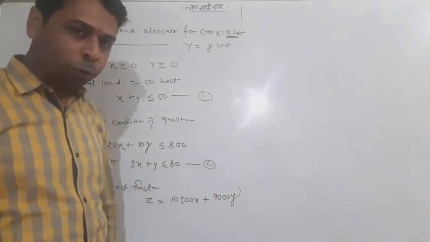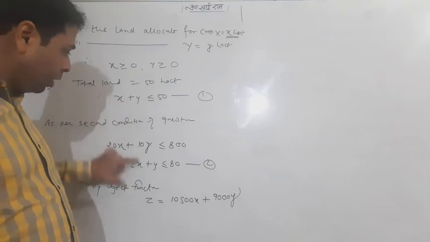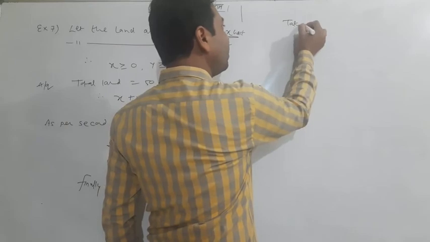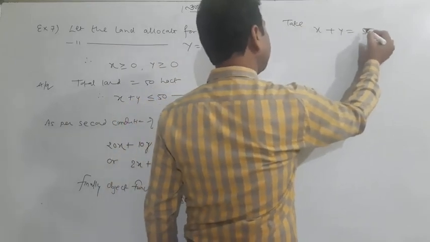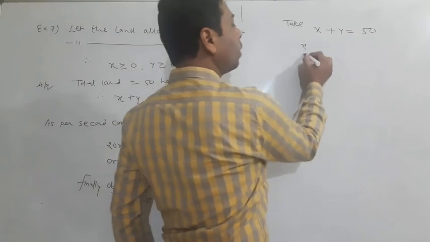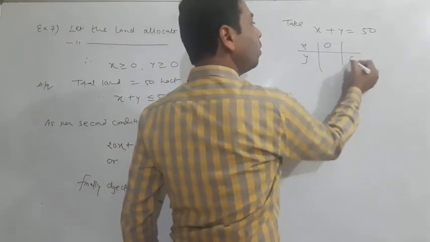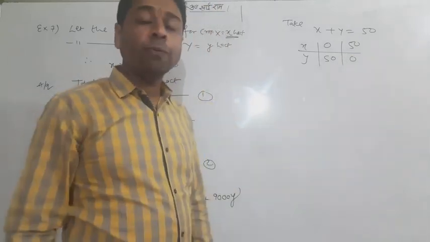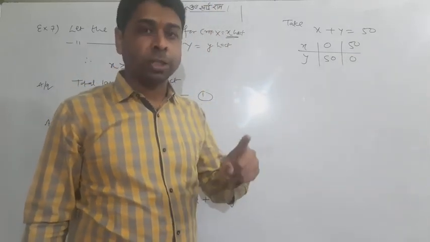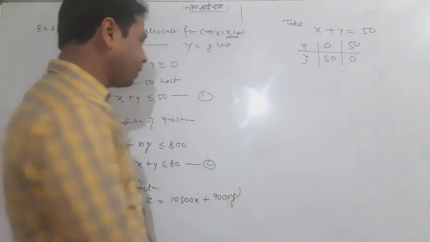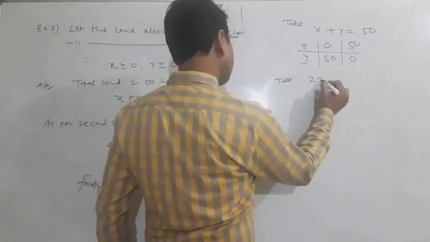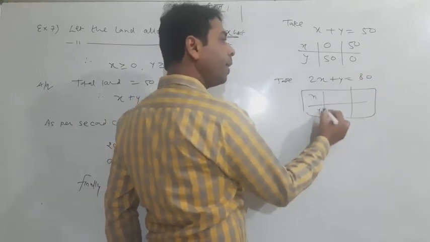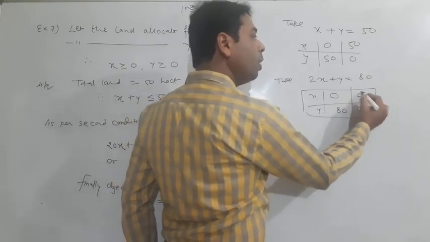Now what to do, students? You have these two inequalities. Just let me explain something. Not much, but okay, we have time. First, I'll take x plus y equal to 50. I'll go with x and y as 0, 50 and 50, 0. First you can make it now, taking the scale of 1 centimeter equal to 10 units. It's good because it is also coming the same. Taking 2x plus y equal to 80, I'll go with some numbers: x equal to 0, y equal to 80, and y equal to 0, x is 40. Hope you can understand.